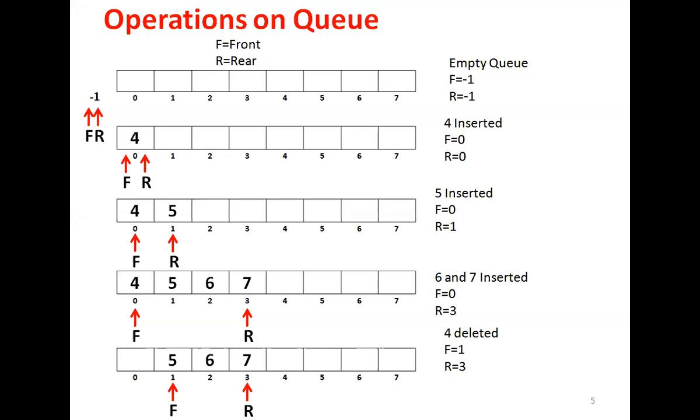Another question. Suppose the queue is not empty and I want to delete a data item from the queue. Then first front will be incremented, or first data will be deleted and then front will be incremented? Data will be deleted and then the front will increase. Yes, first data will be deleted, then front will be incremented. Okay. Now we will see the overflow condition and underflow condition of the queue.